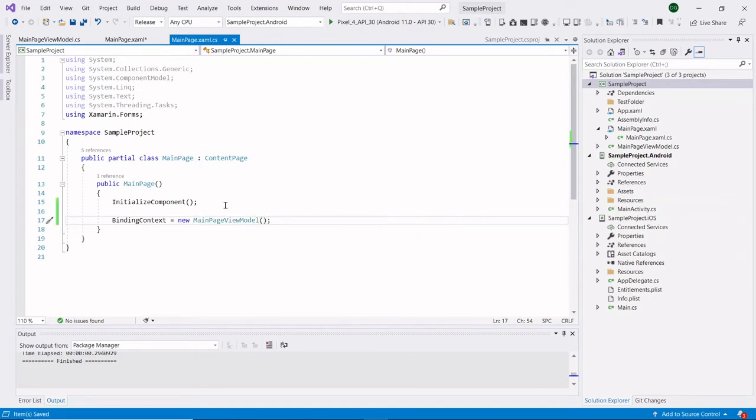Now we have completed assigning the list of items to the stack layout using the bindable layout item source property.